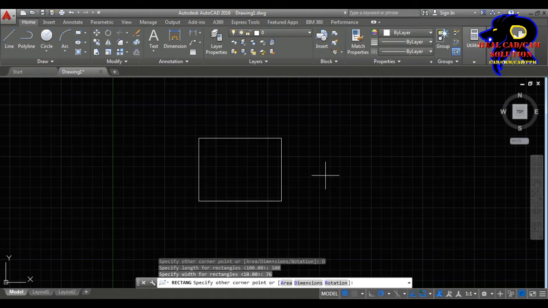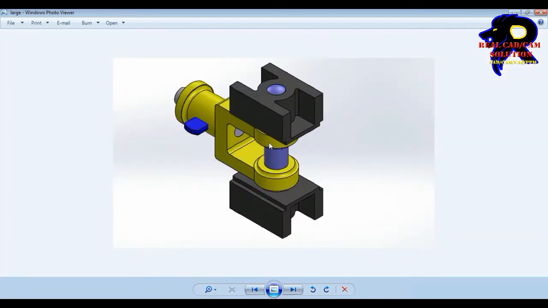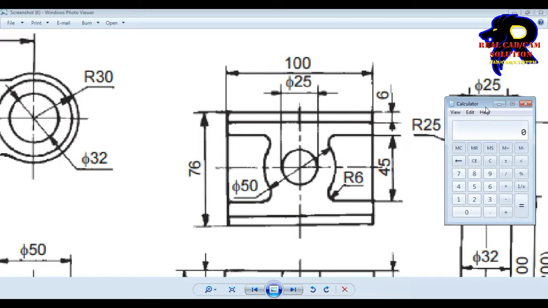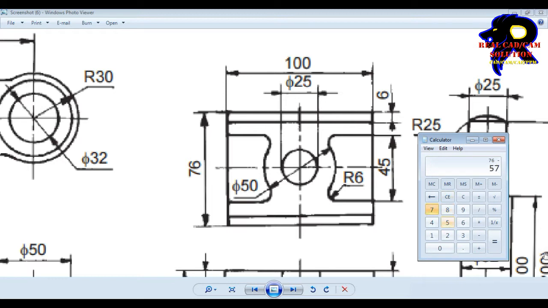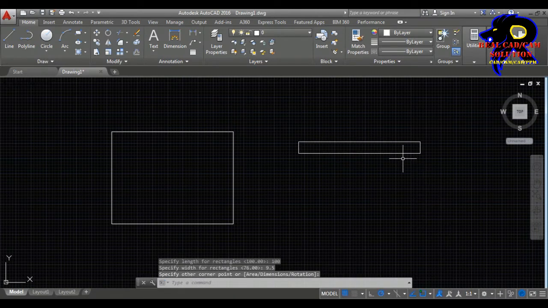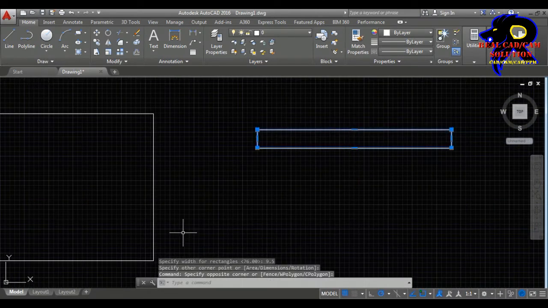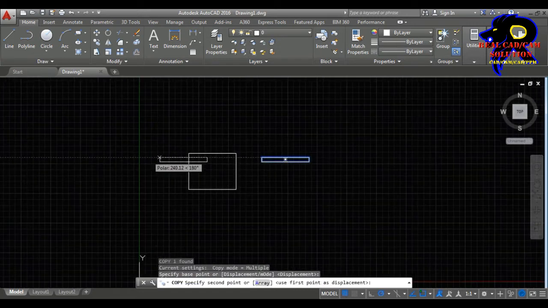Okay, really nice. It comes towards, and go to see this interior section of the circles. It looks like the same way. I just calculate the interior diameter: 76 minus 57 is equal to 19. So I take the 19 divided by 2, 9.5 value. Just draw the rectangle and go to move to cross over the line.